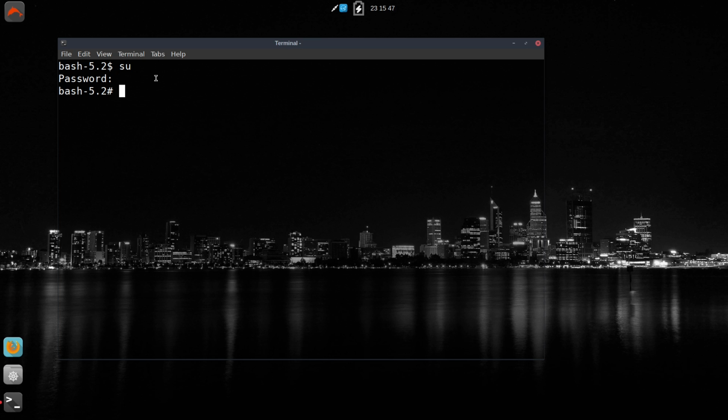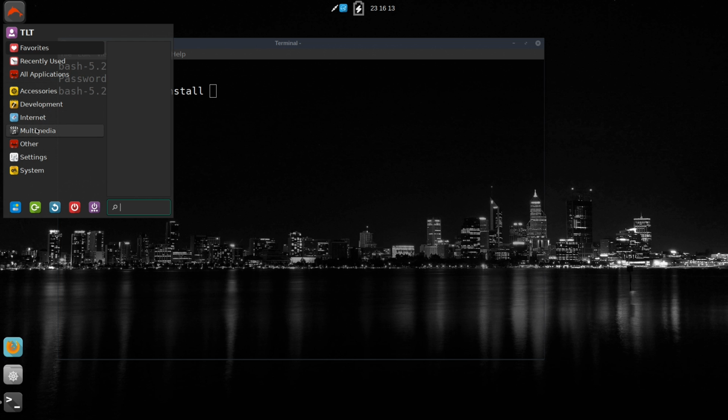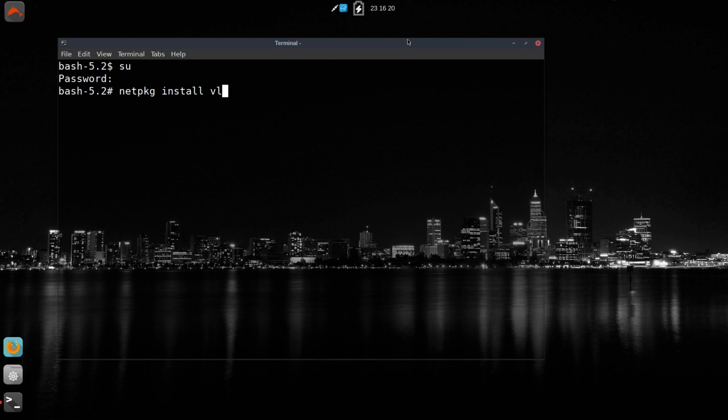Okay, so now that we're into the actual sudoer, as you can see, the prompt changed from the dollar sign to the pound sign. That lets you know that you're in a root terminal. So now we're going to do, I can't remember what I was going to do. Oh, see about trying to install OBS. So we're going to do net package, and then we're going to type in OBS. No, you know what? Let's go to the media player. So it's got MPV, right? Okay, so let's install VLC just for the heck of it and make sure that it launches, because VLC is